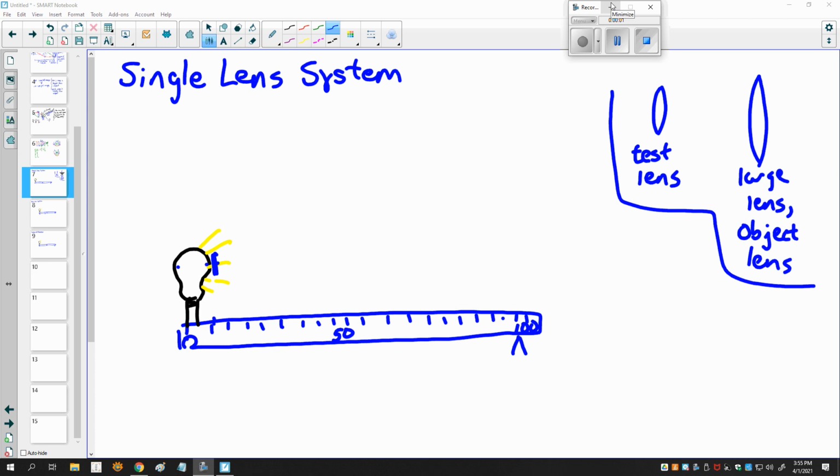Okay, so I'm going to do 3 separate videos for the 3 different practical parts of this. The first is the single lens system. And in all of these, we're going to be referring to 2 different lenses. One is the test lens. That's the smaller of the 2 lenses that you have. And then the other is the large lens, which is also called the object lens in the second part of